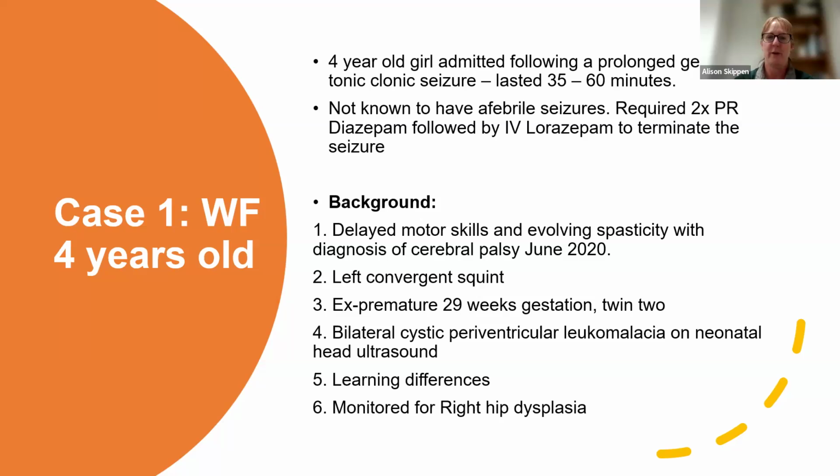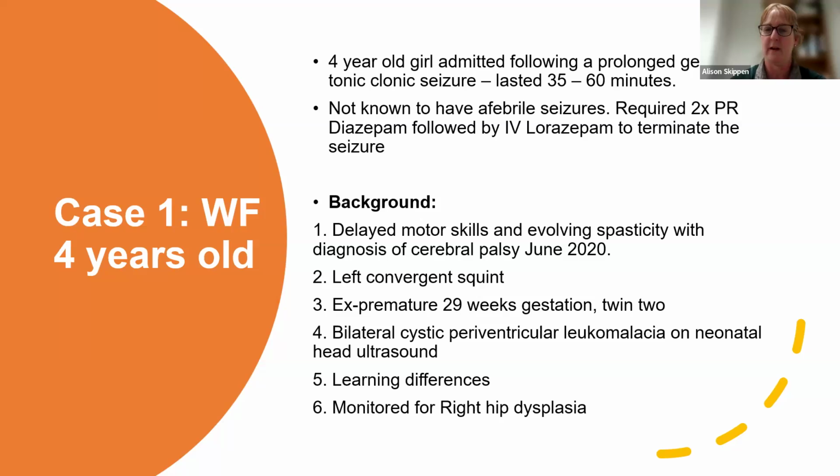So this was a 4-year-old girl admitted following a prolonged generalized tonic-clonic seizure that lasted for 35 to 60 minutes. She was not known to have afebrile seizures in the past, and she required two PR diazepam followed by an IV lorazepam to terminate the seizure. And then it was interesting to note that when she presented to A&E, she then had this background history, including